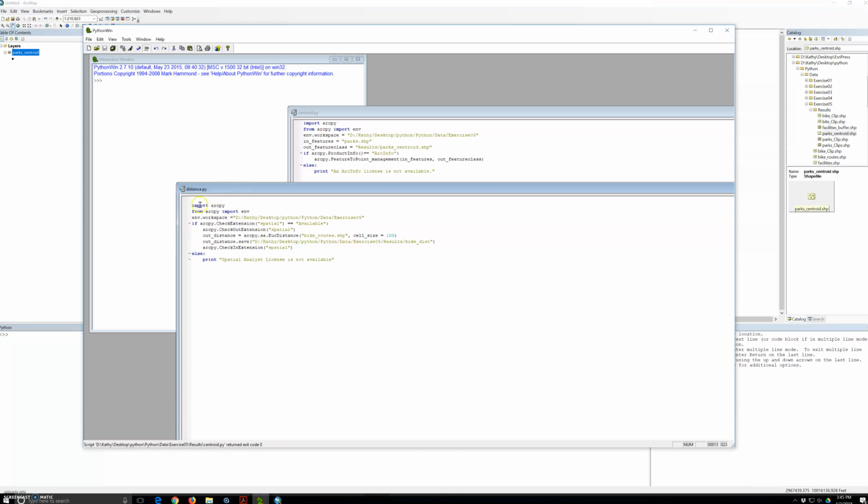ArcPy, where we will do distance. A similar approach we're going to use for this one is as a distance path. And we're going to import ArcPy, and from ArcPy import environment, we put the environment workspace. And then we have my path, and if ArcPy check extension spatial equals available, and then we will have ArcPy check out extension and spatial